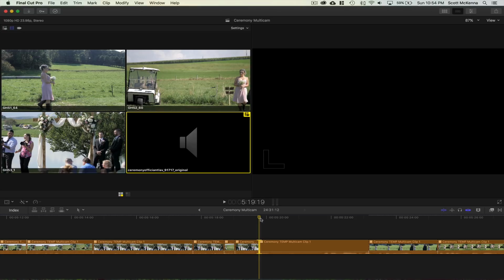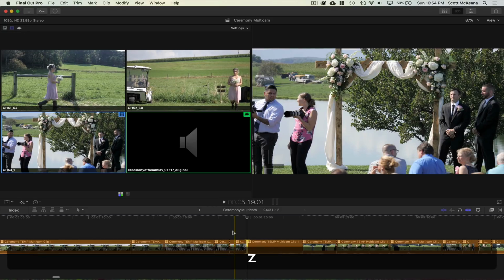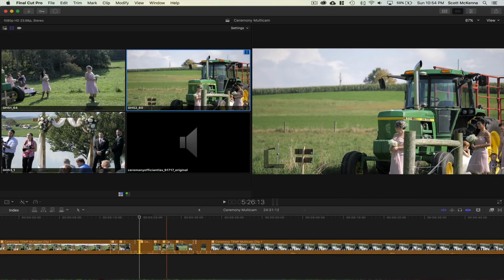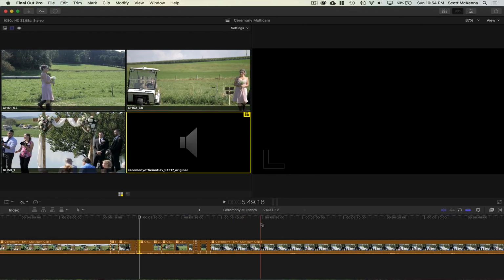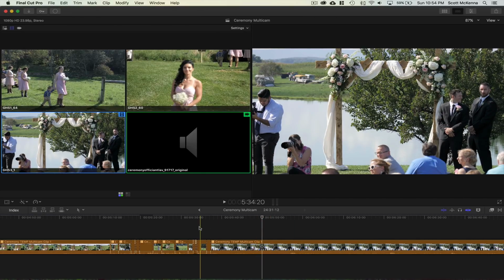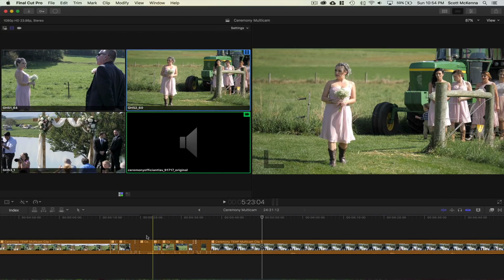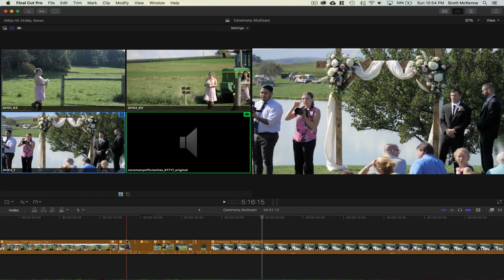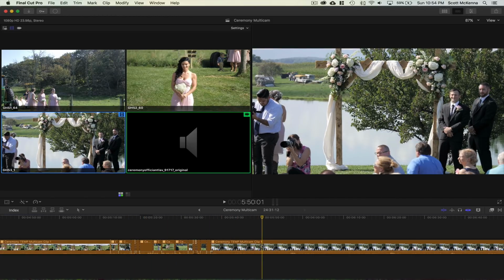Now, where multicam really gets powerful to me is with actual correction of certain things, or color correction. Let's say you've cut this entire thing and you have everything going great, and then you realize, you know what? Maybe this shot, for example, over here on the top right, maybe that shot was a little bit more green than I wanted or a little bit too orange. Instead of having to go back and choose every single one of these clips and fix them, or instead of fixing one and having to copy the attributes and paste them every time you ever use that clip again, the secret lies in the double click.